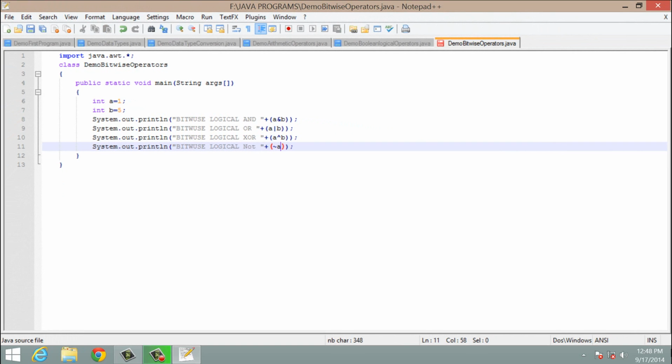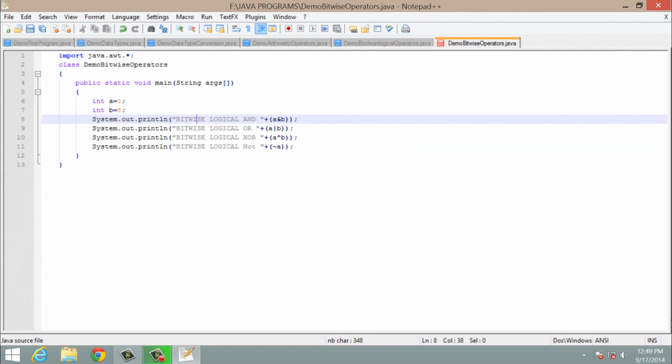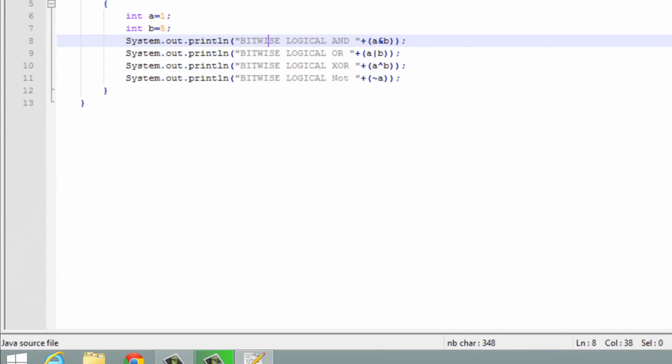Now before saving our program, let me correct it. I have made a spelling mistake here. It will be I here also and here also. Now let's save our program. Let's compile our program.